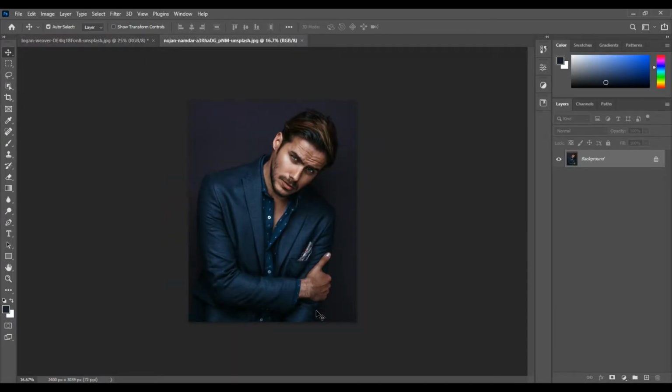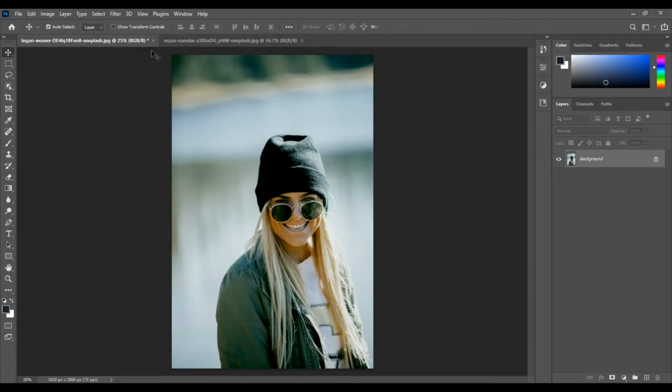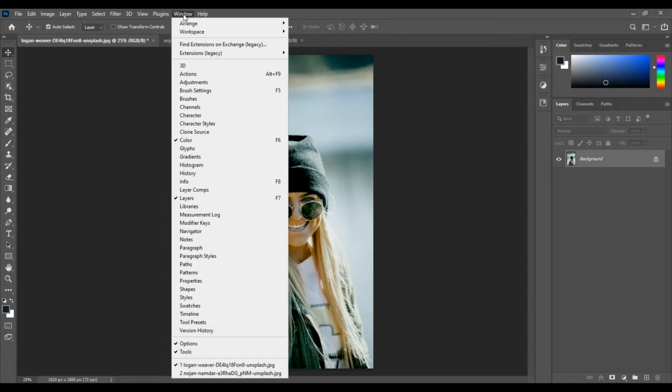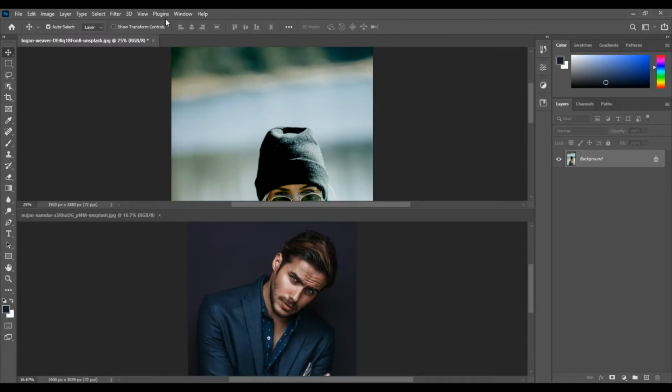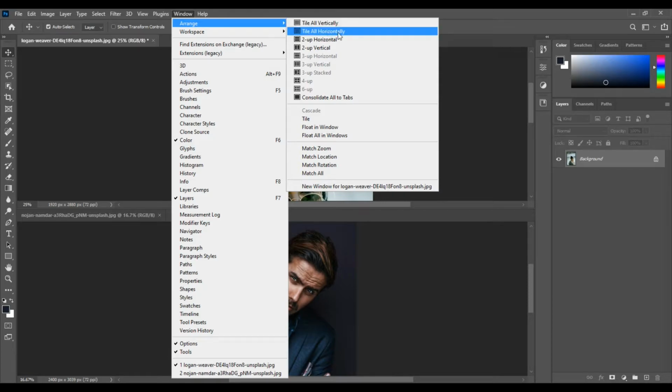Tip number 2. Let's say we have these 2 images open in separate documents in Photoshop, but we want to work on both of them simultaneously. So what you can do is go to Window, Arrange, 2-up Horizontal, or Window, Arrange, 2-up Vertical, and you have so many different options here for when you're working with more images. For example, let's choose 2-up Vertical,